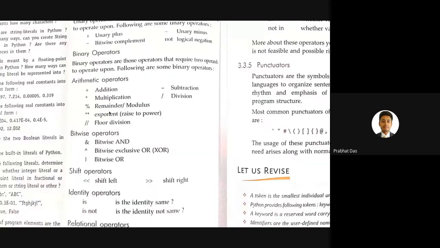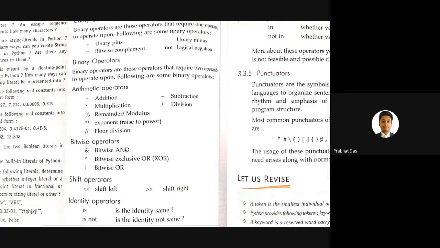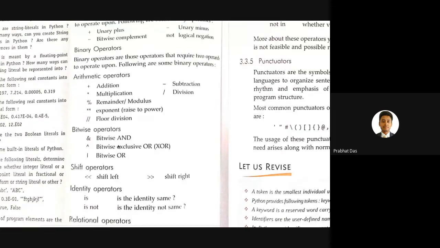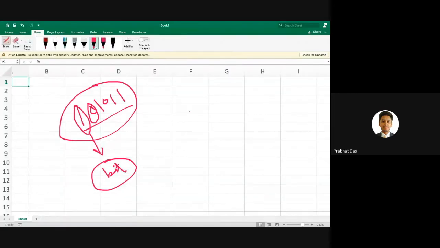So bitwise operators can be classified as follows: AND, OR, and exclusive OR. The bitwise NOT is also there, which we have already understood in the last class, and which comes under the category of unary operators. Apart from that, these are the three types of binary operators which perform the operation at the bitwise level: this is AND, this is OR, and we have the XOR, which is the caret symbol that you generally use to perform exponent calculations. Let us try to understand this practically.